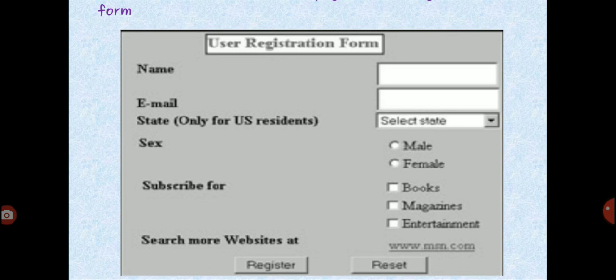So in this presentation we saw creating a web application, adding controls into that, and how we can add controls. We can add controls in 2 ways. One is using the toolbox directly by dragging and dropping. The other way is using coding by which we can add controls on the web form.